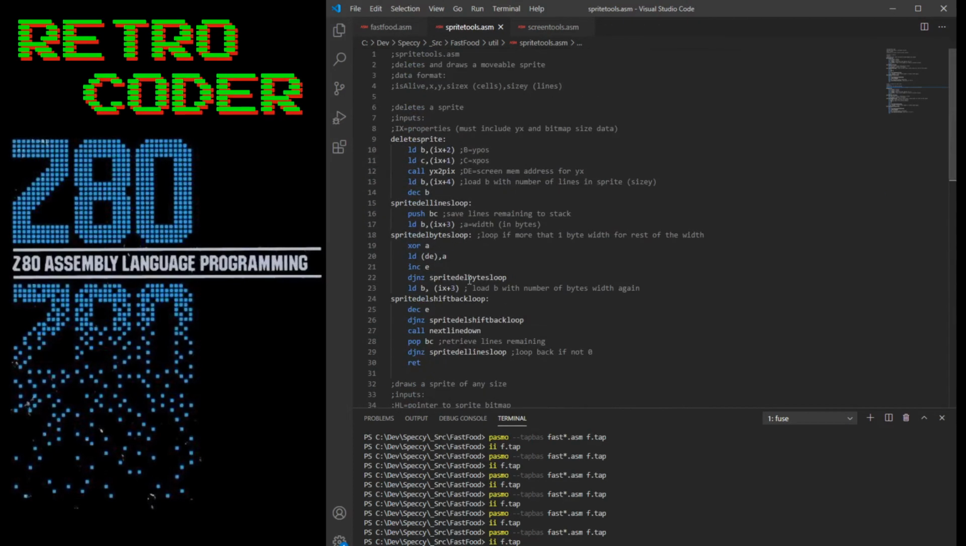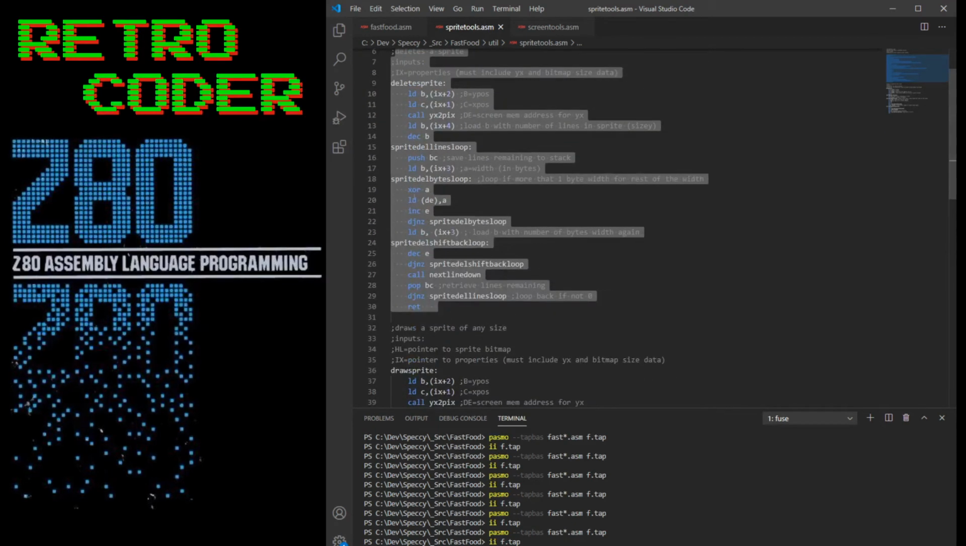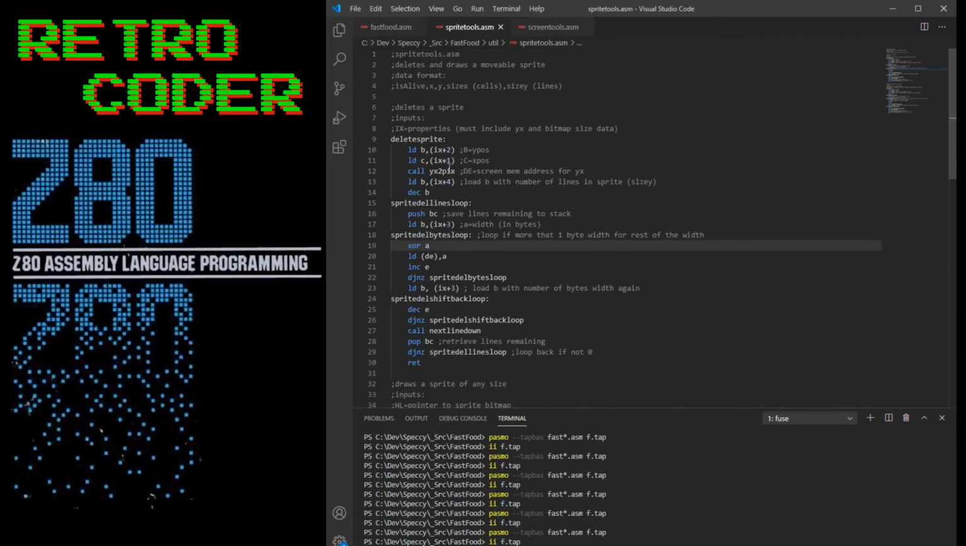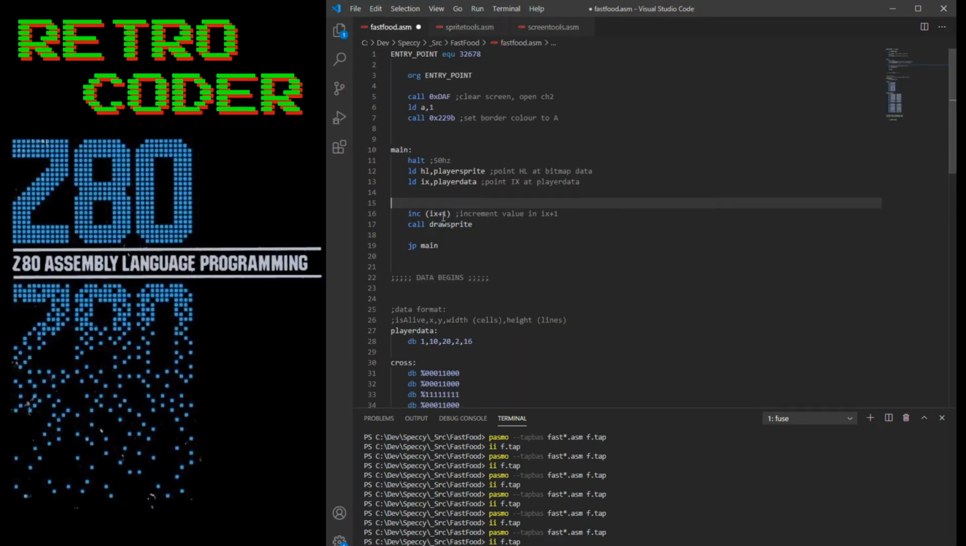Back to my sprite tools tool that I wrote. It actually has a delete sprite function. It's very similar to the draw sprite, except it does XOR A. It doesn't need any pointer to the bitmap, because instead of finding the data in the bitmap, it just does XOR A, which makes A zero, puts that in there, and that's it. It's the only difference. So what we're going to do is call delete sprite, and as long as the IX is there,